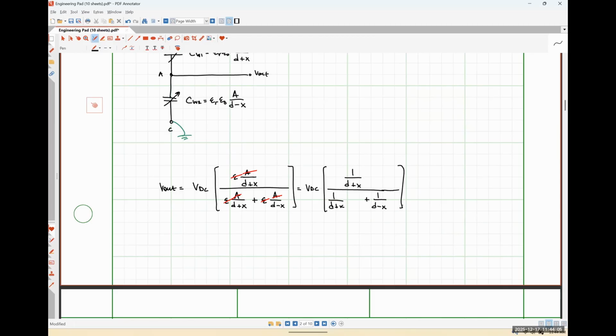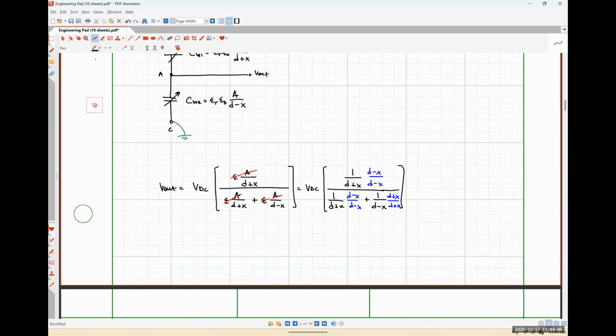So what we'll do is we'll multiply this guy up here by D minus X over D minus X. We'll multiply this guy down here on the bottom left also by D minus X over D minus X. And we'll multiply this guy right here by D plus X over D plus X so that I have a common denominator in the numerator of my overall thing and a common denominator in the denominator of my overall thing